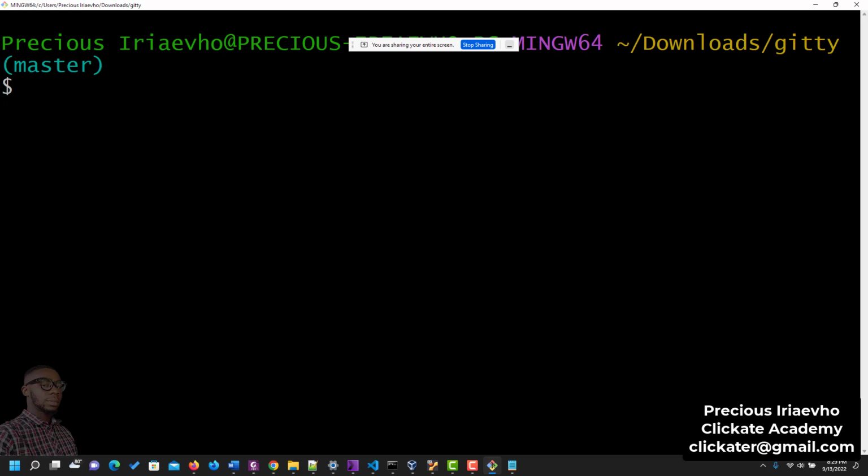And how do we do that? We use the command called git commit. Commit is the command, then dash message. It's good to add a message when you are committing your file. So that when you go back to the bank and tell them you want to withdraw some amount of money, they need to know which bank account you are talking of. So let's call this our first